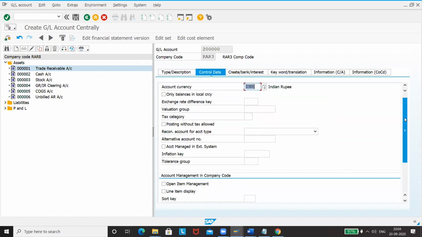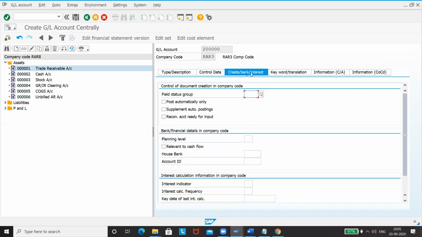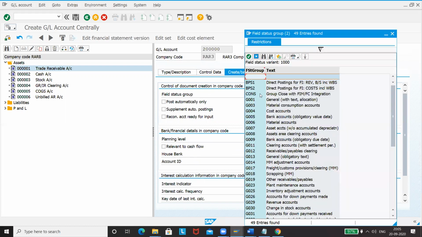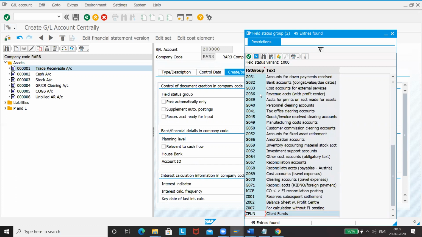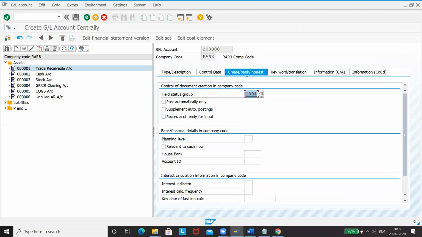This as well, since it's an expense, this is very much important. You have to maintain it. You can give anything. It's not needed, not mandatory. It's not that you have to give some specific things to it. Here, this is an expense. We'll see if we have any such expense, but I don't think that we have any. Since we don't have, we can take this general and then save.